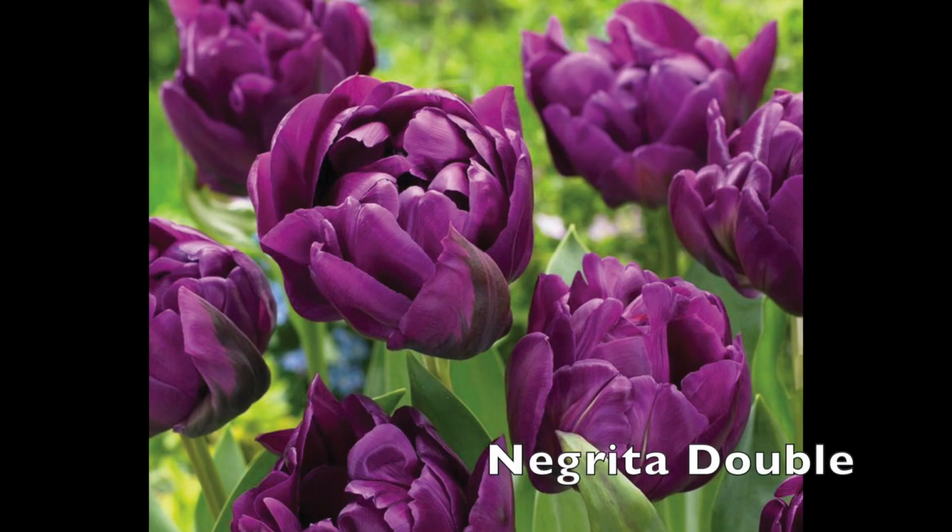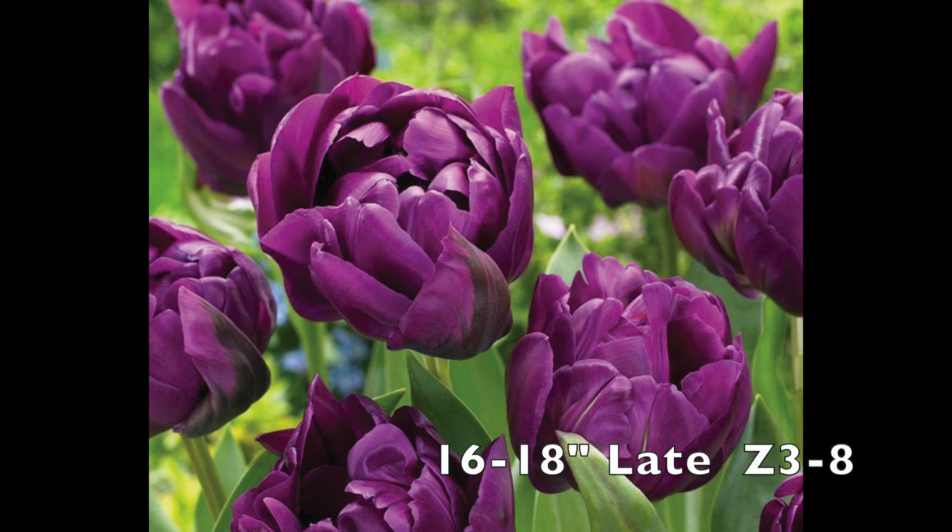This is Negrita Double. Last year I did Triumph Negrita, so I'm doing a different one this year. This is a late bloomer. Gets 16 to 18 inches tall. Again, zones 3 through 8, which is pretty typical for most tulips. Beautiful double version of the very popular Negrita, and rich saturated blend of raspberry and blackberry with flashes of green